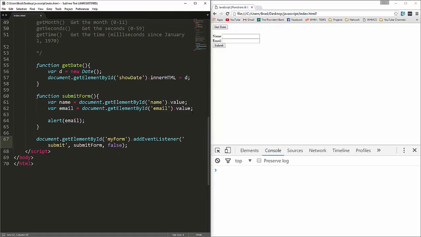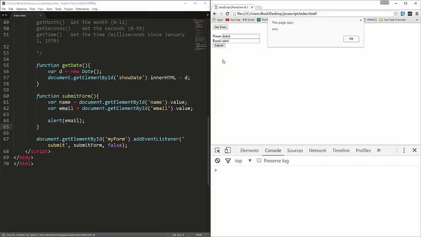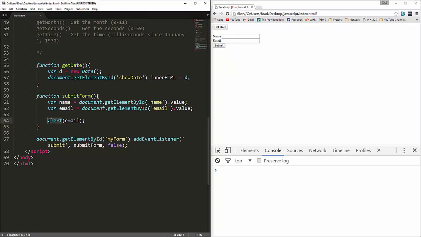So we have this event listener. When the form with the ID of my form is submitted, it's going to call submitForm. So we should get the same result. Submit, and you can see we get our alert. Now let's say we don't want to alert, we want to console.log